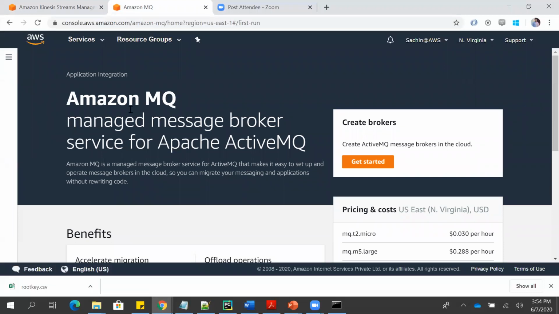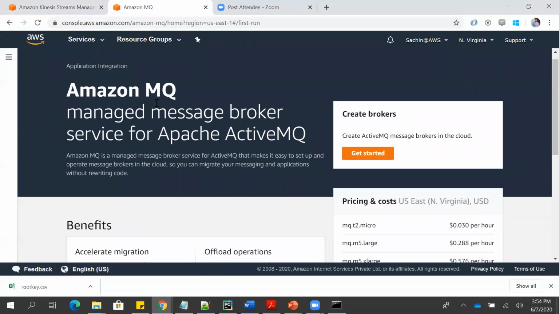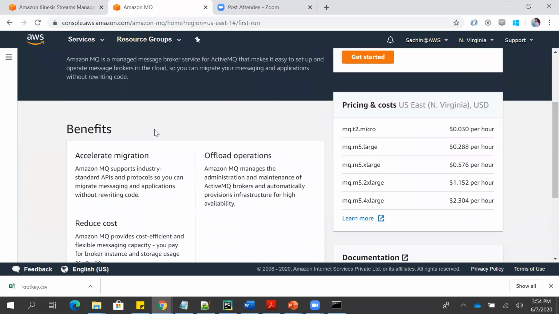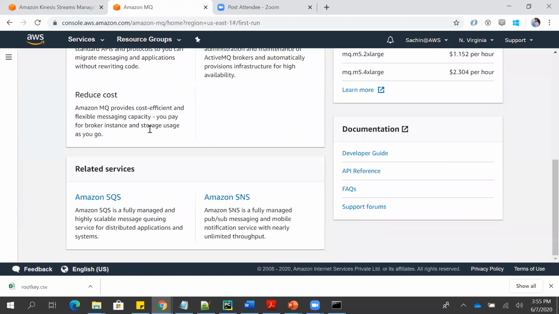Now, this Amazon MQ is the managed message broker service for Apache ActiveMQ. What this service does is set up message brokers in the cloud, or you can say a kind of message queue, with the help of which you can migrate your applications without rewriting the code. So how it works here is that